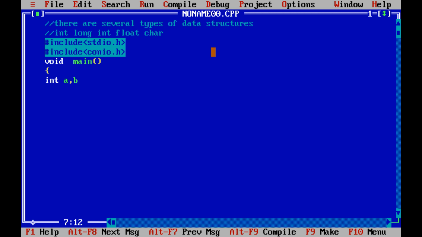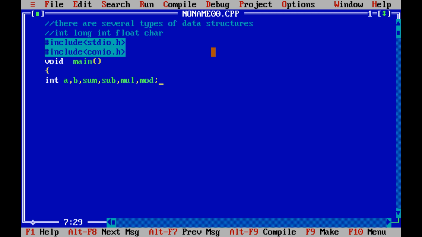So I'll take a, b, and int sum, sub. You can take any variables, for example c, d, anything, but for being clear I'm using sum for addition, sub for subtraction, mul for multiplication, and mod for modulo division.